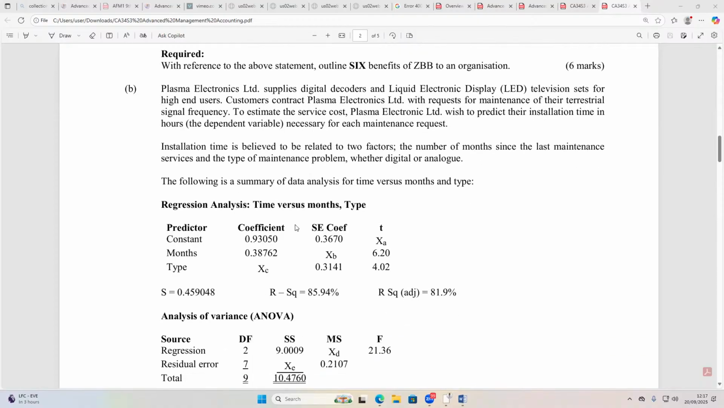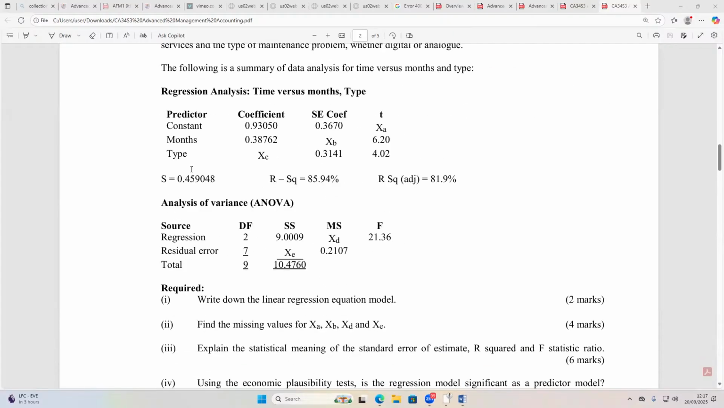Regression analysis, the time versus months, type. We are told here we have the predictor: constant, months, type. Coefficients are given here, standard error of coefficients, and then they have given us the T ratios. So we have here S, 0.45, 90, 48. We have R squared, then we have R squared adjusted. Analysis of variance, ANOVA. They have given us degrees of freedom, sum of squares, mean sum of squares, and then